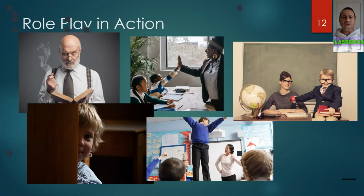Is this an English classroom or what? Why do you have so many books on your desk? Is this a bookshop or is it an English classroom? So I'll give you 10 seconds to clean and clear your desks, this classroom, and make it ready for an English class that I want to be in. 10, 9,